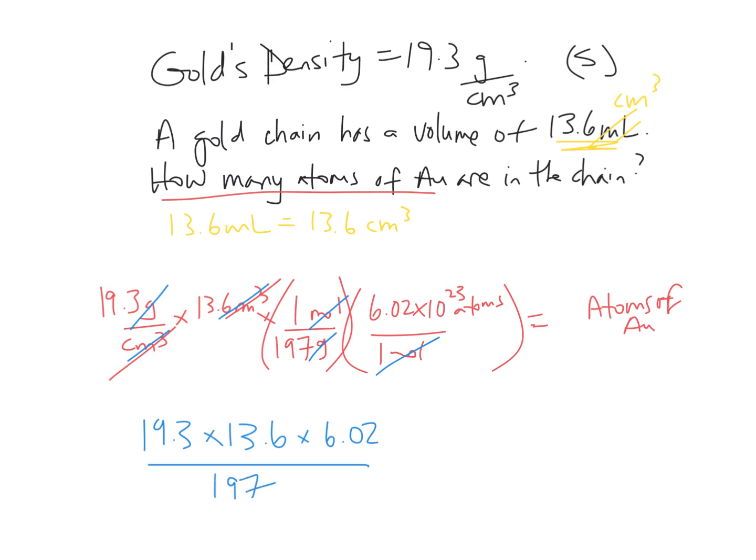Do 19.3 times 13.6 times 6.02 divided by 197. So taking care of all that, whatever answer you get, just multiply that by 10 to the 23. That's what I would do to kind of reduce the margin of error. And then put the answer in proper scientific notation. And if you do that, you're going to get 8.02 times 10 to the 23 atoms of